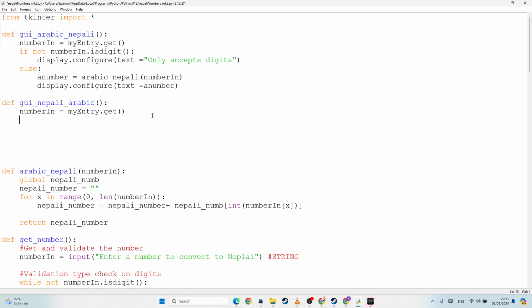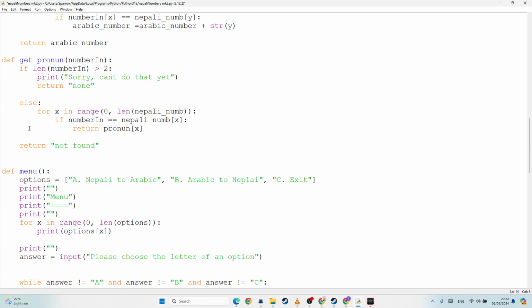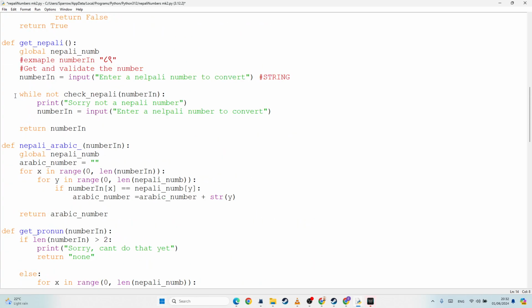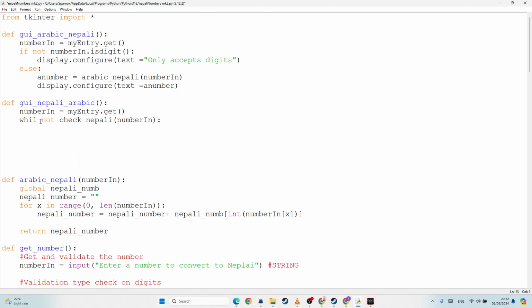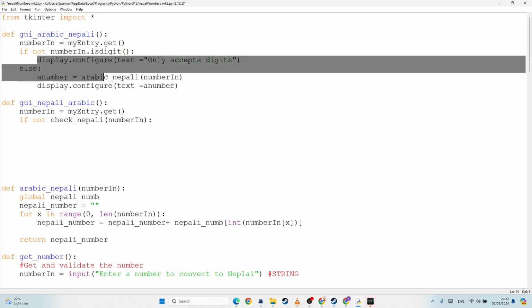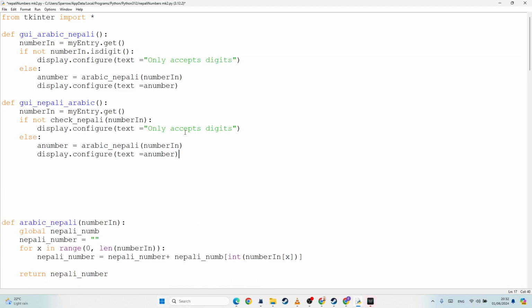And then I'm going to say while not check the poly number in. Then what's it going to do? And that's very similar to what I have down here. So while not checking the poly number in, then I'm going to keep asking them to enter things. Oh, I can't keep asking them to enter things again. So I'm going to say, if not checking the poly number in, then I'm going to give an error message. Display only accepts